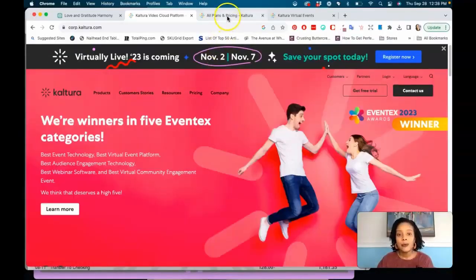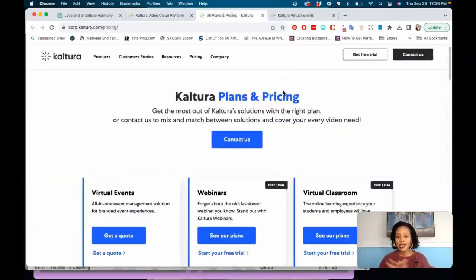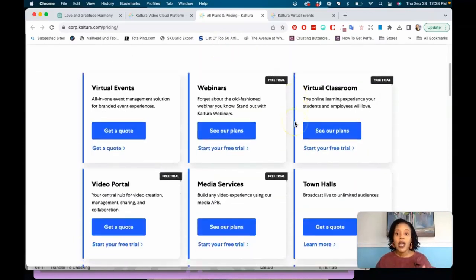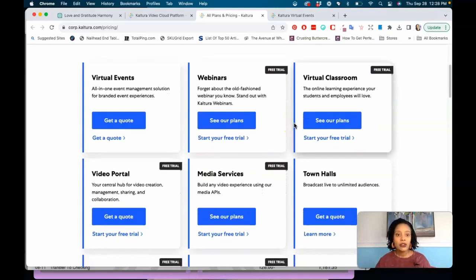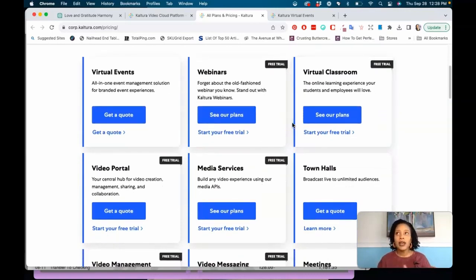So let's take a look at the pricing, because I know that you guys are always like, come on, give me that price. What is it looking like? So it just depends on what you would like to do with the platform. Everything is really broken down, so it depends on what you want. You know how on some websites or solutions that you want to use for webinars, when there's an all-in-one solution, sometimes you have to take it all and pay for it all. And the stuff that you're not using, you still have to pay for it.